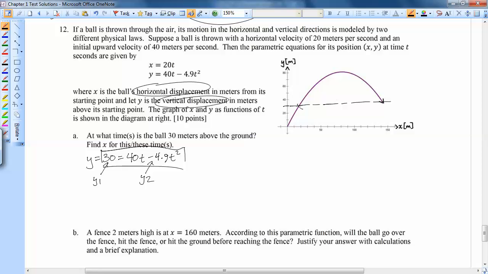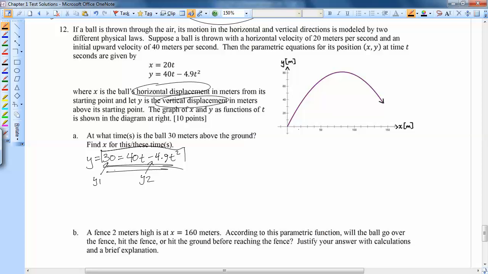It's going to hit at some point here and at some point here. Now, the x-axis here isn't time. So this doesn't say it's going to hit at this time and at that time. That tells you how far along the ground it's going to be at a height of 30. So if you want to figure out the times that it's 30, you're going to need to actually solve